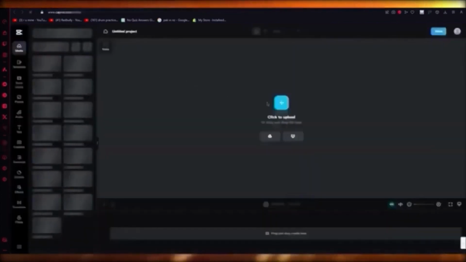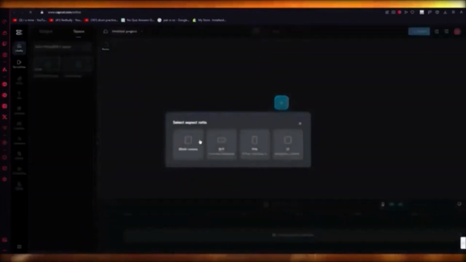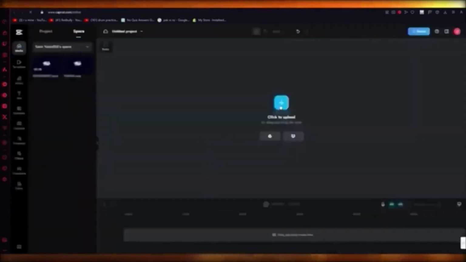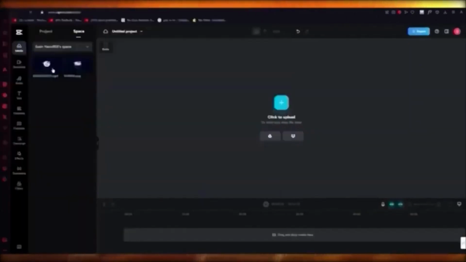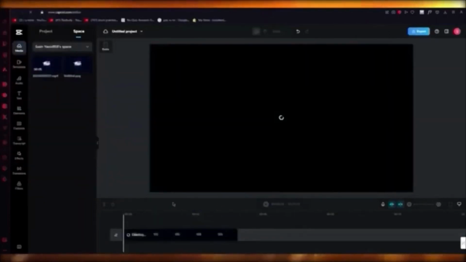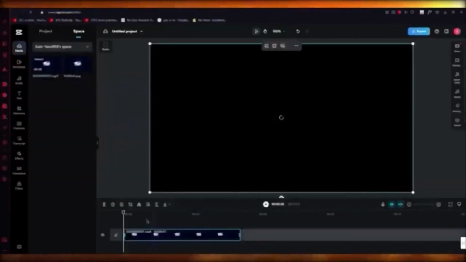Now, the main basic components of editing in CapCut are pretty simple to get your head around. You're going to come here and choose your aspect ratio. Once you do that, you're going to click on upload video. Here you can see I have a video. I'm just going to paste it over here and it comes into the timeline. Once you have it over here, you get quite a lot of